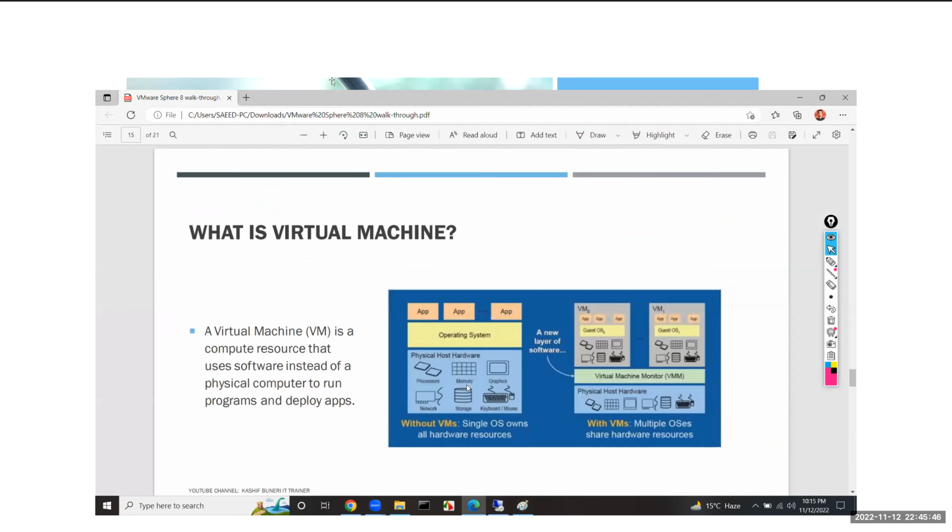What is a virtual machine? Basically, a virtual machine is a compute resource that uses software instead of a physical computer to run programs and deploy apps. Normally, without virtualization, without VMs, you need to install an operating system on the physical machine, like hardware, and then you run the application. But here you can